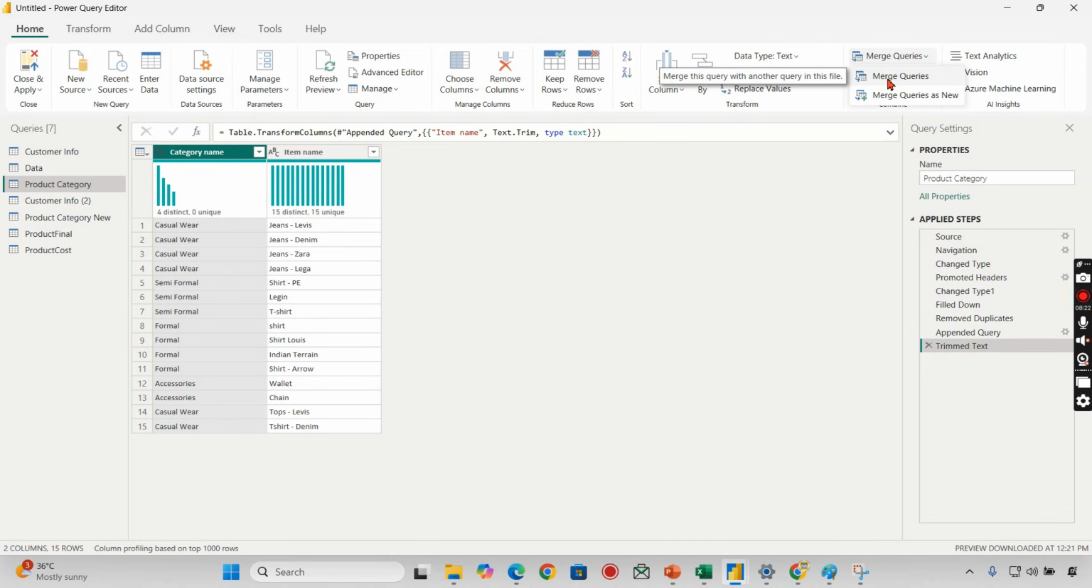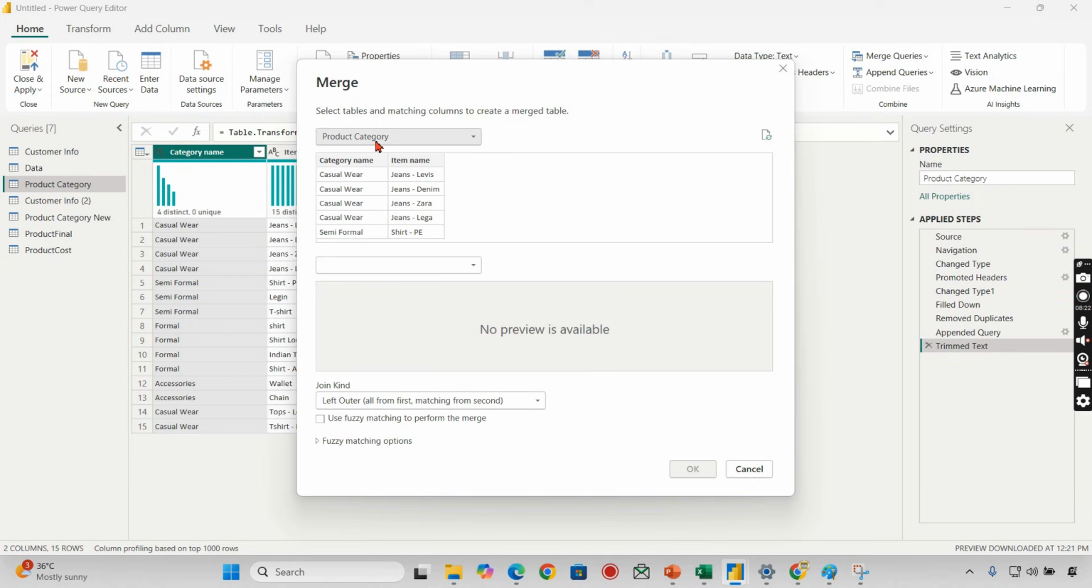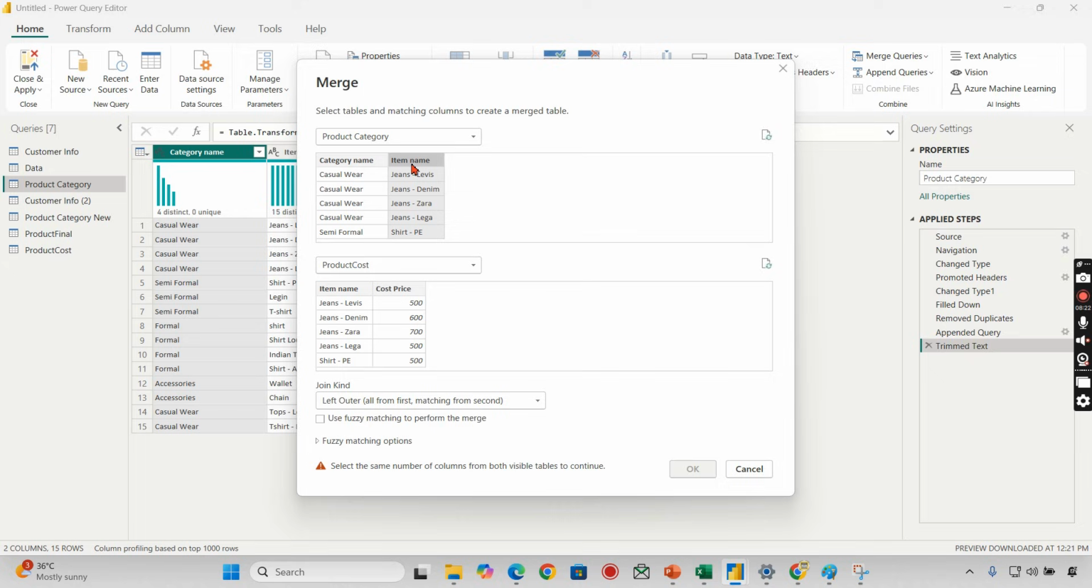You can click, as I said before, either you can merge in the same table or create a new table. Let's try to create a new table for our demo purpose. Product category, join with product cost. You need to choose the table, then click on the joining column. You need the basic lookup columns. Right, in this table it's item name, here also item name. Then you can see